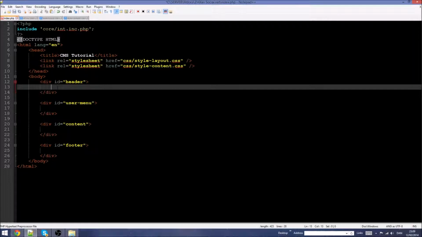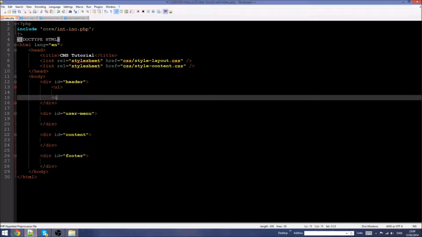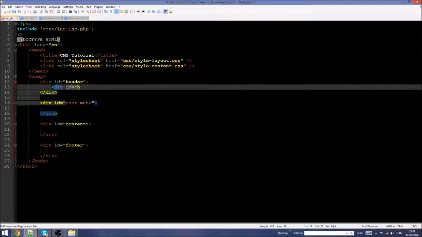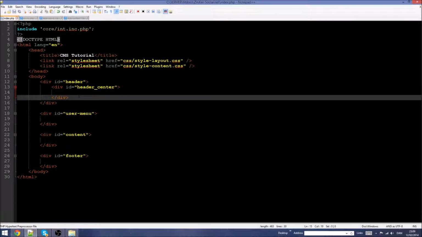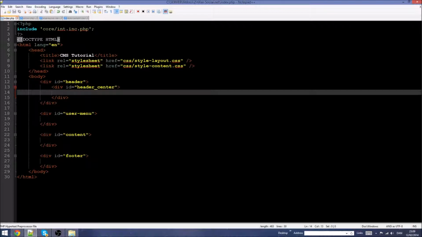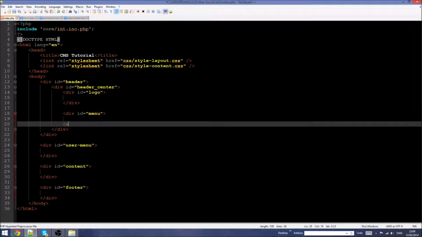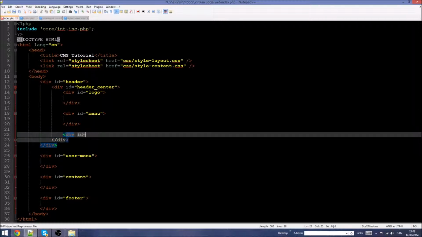Okay, so in the header we're gonna have a URL and close it right here. And we're gonna, oh sorry, not write that. We're gonna have div id header center. That will center the header because we're gonna use 100% in this. So we're gonna div center it. So we're gonna say div id search, no sorry, div id logo, and closing right there, div id menu, and we're gonna close it, div id search,